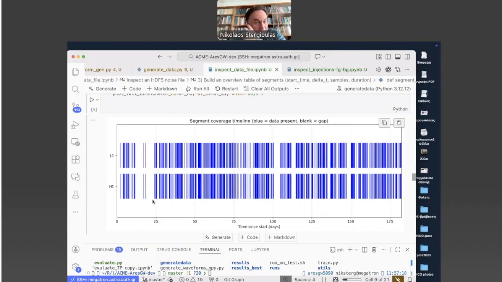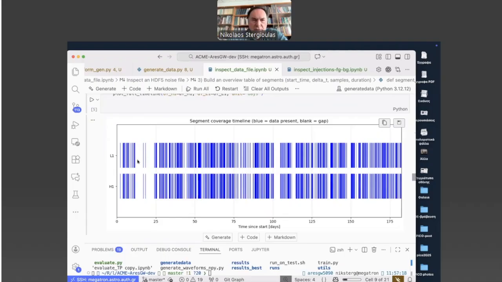Here, in order to create training data for coincident detection of gravitational waves, we want to train only using data from periods where both detectors were operating. So this is then creating these gaps.